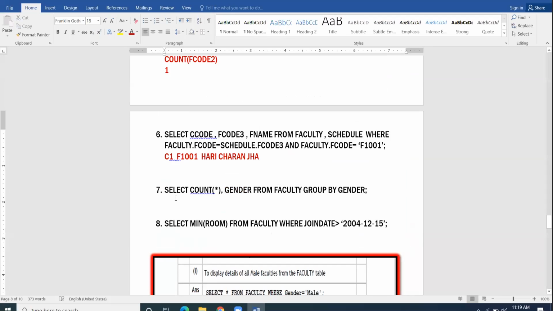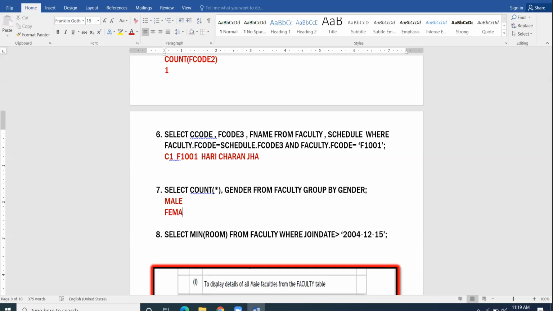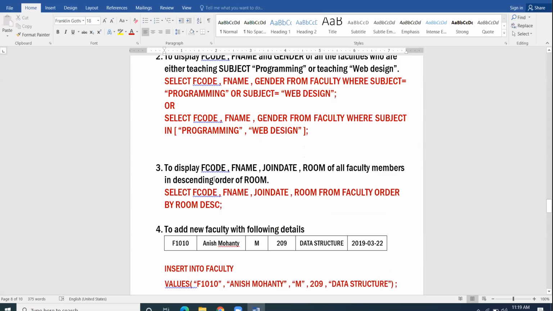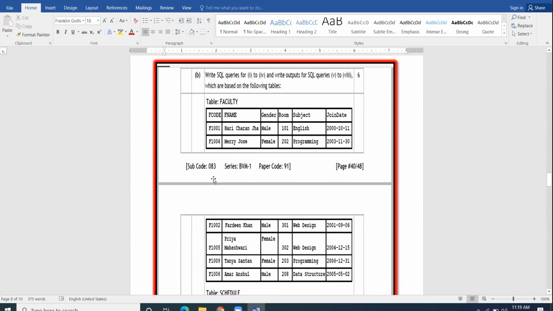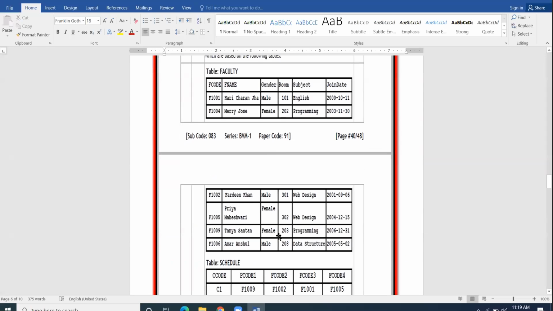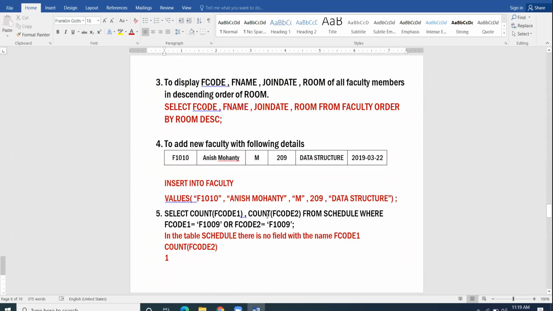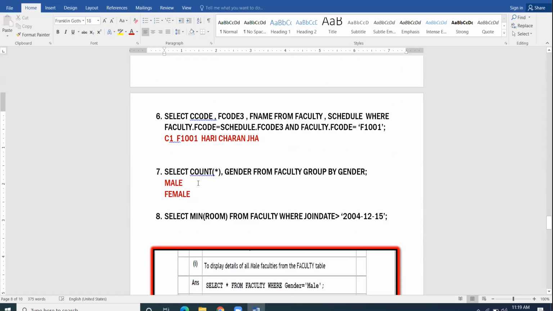So again the same concept, male and then female. Let us count the number of males in the faculty table. 1, 2, 3. 3 male and 3 female.